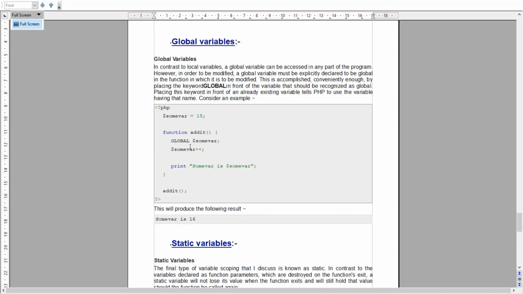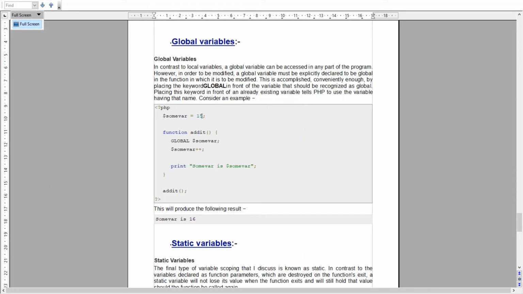We are going to modify this global variable in this function, so we have to explicitly write global before it, and we are incrementing this value by 1.